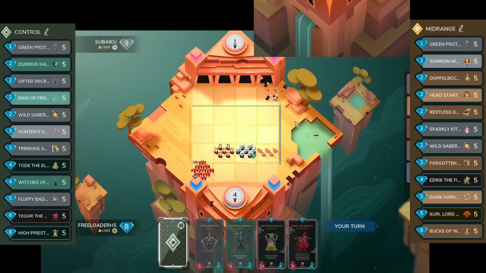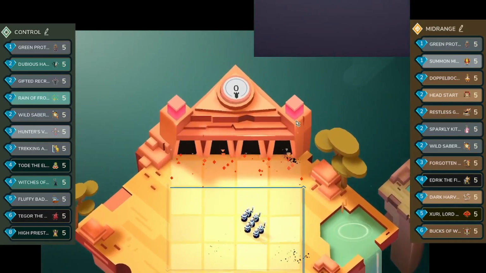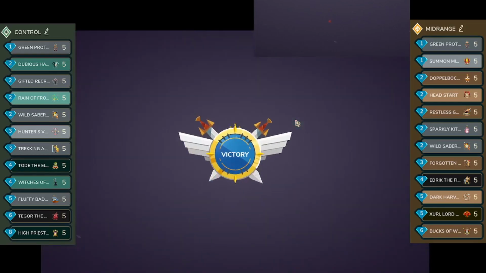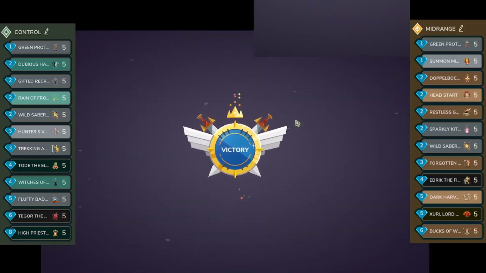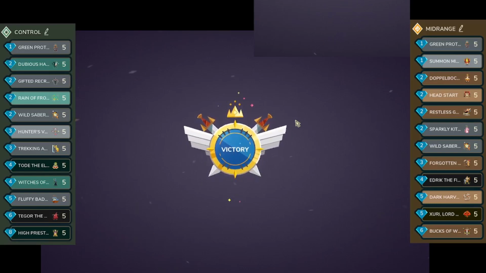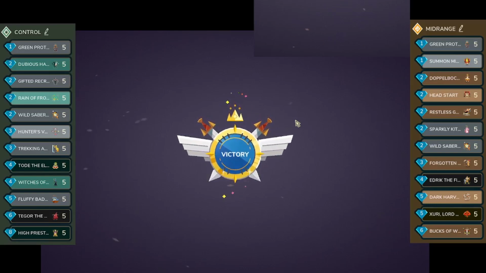Oh, that was close. So what's the answer to this matchup? You go aggressive. If you think your opponent is playing a Bucks deck, you go aggressive. That was right. That was the issue with that, right when he played Zuri, your initial knee-jerk reaction